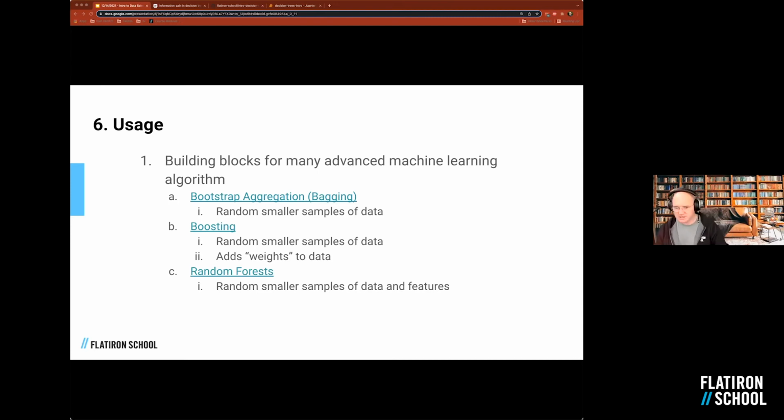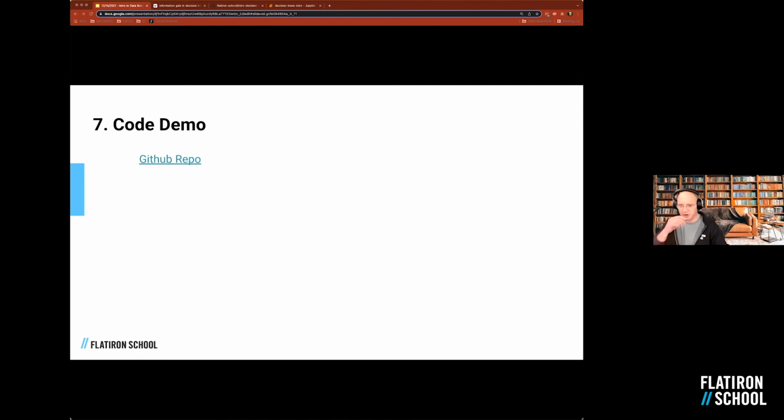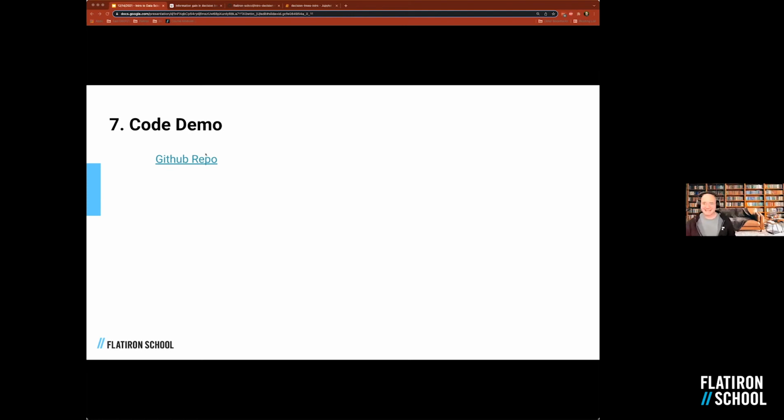What I would like to do with some of our remaining time is jump into a small little Python demo, just showing you what it looks like from the Python side using sklearn. The GitHub repo, that's nice, David. The GitHub repo